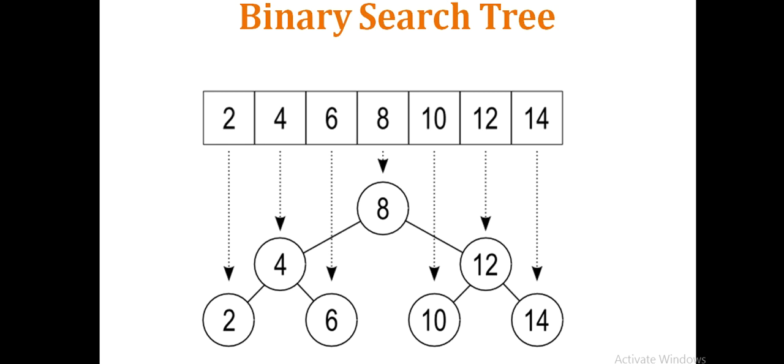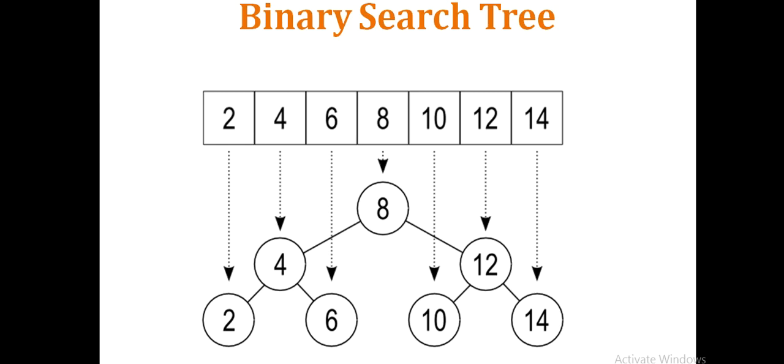So what is the complexity of the binary search tree? It is log n. You can say the complexity of the binary search tree is big O of log n, or theta of log n if we are talking about the average case scenario. How does it come? The very basic thing is that binary search follows the divide and conquer strategy. We divide the given array into different parts, solve them, and get the solution.